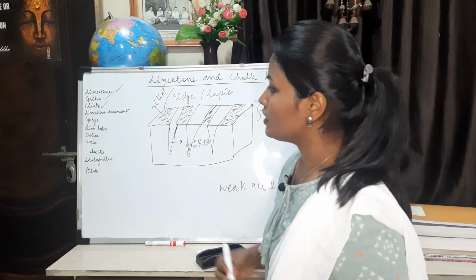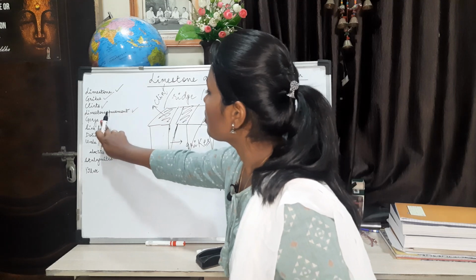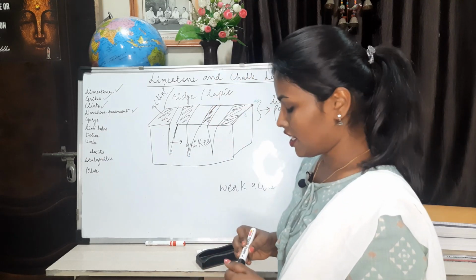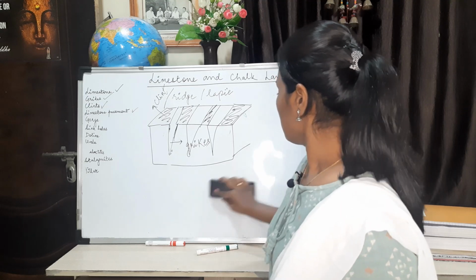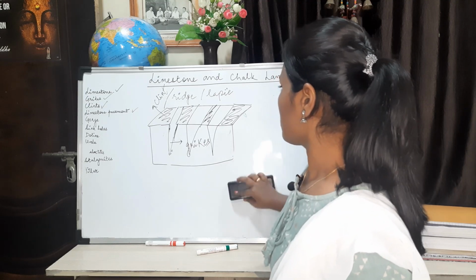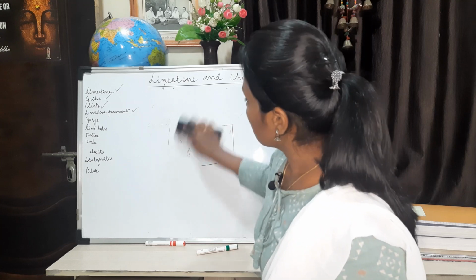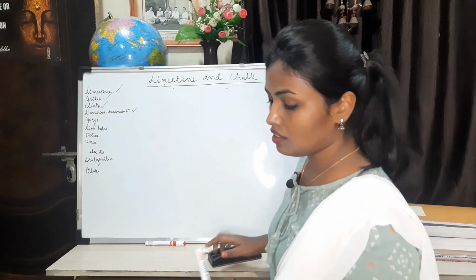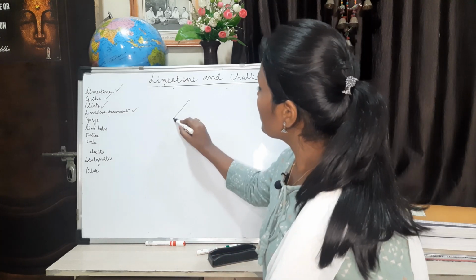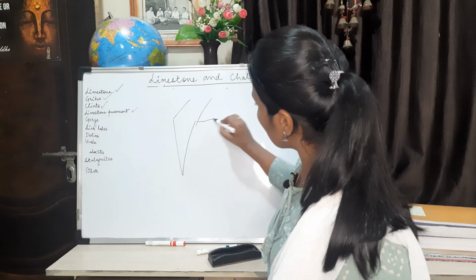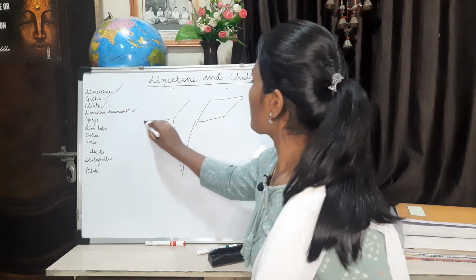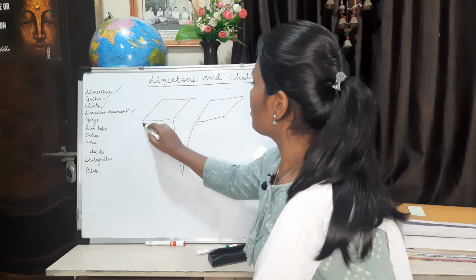Now we are done with this. Gorge is also a type of landform which is formed because of limestone erosional processes. When the water goes deeper down into the rocks, okay, this is what was formed earlier.